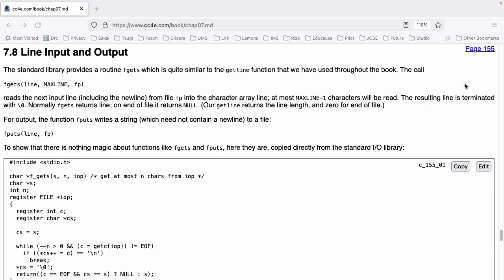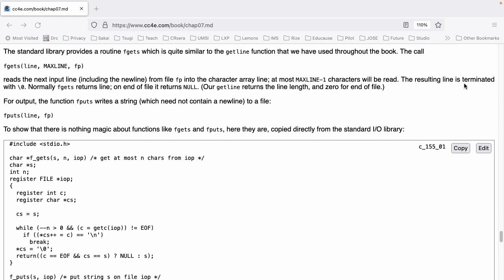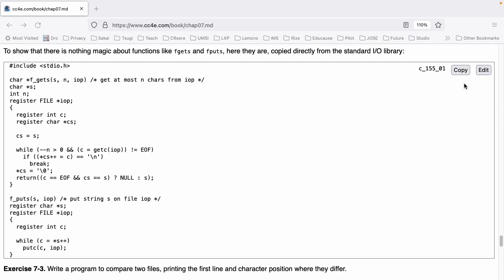For the output, the function fputs writes a string, which need not contain a newline, to a file: fputs(line, fp). To show there's nothing magic about the functions like fgets and fputs, here they are, copied directly from the Unix standard I/O library. This code example is on page 155 of the textbook, which you can view at